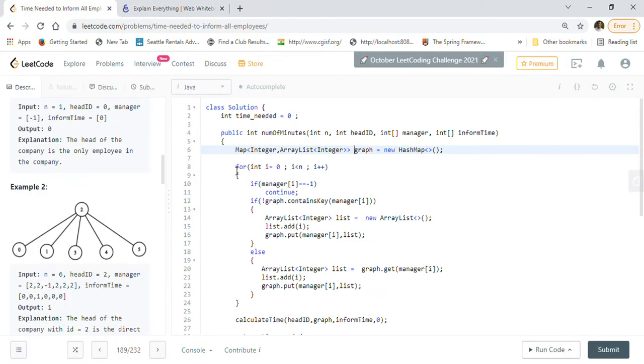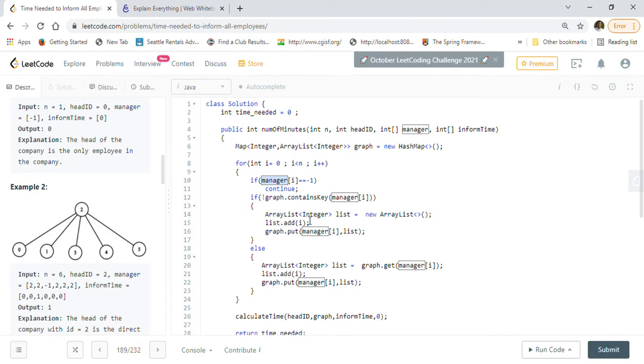Integer is the employee ID, and the list is the immediate subordinates. So we will iterate through all the employees, 0 to n, and create the graph. While creating the graph, if manager of i is equal to -1, then that is a root, so we will just continue, because it is a root. Otherwise we will check if the graph already has a list for that manager.